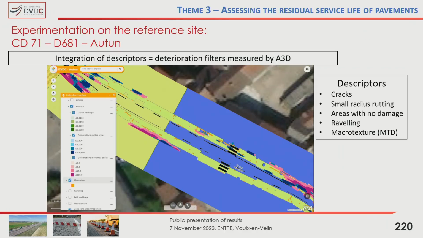As we said this morning, you can see all of the different forms of deterioration. You can map it out very much in standard practice. That's what we've been used to doing up until now. In this example, you can see the cracks, the rutting, the raveling, and also the areas with no damage. Those are the areas that we evaluate, that we assess, and then we separate them from those areas with rutting